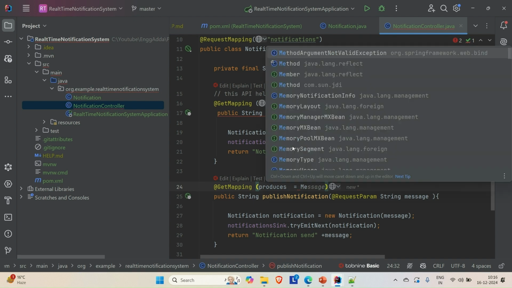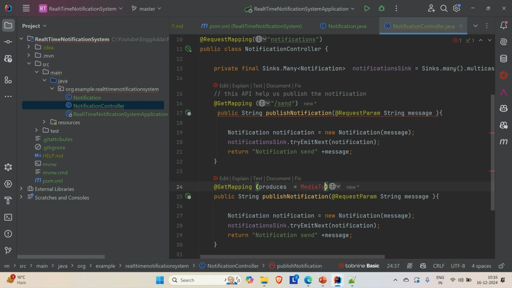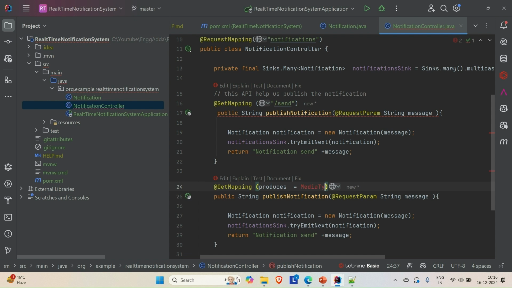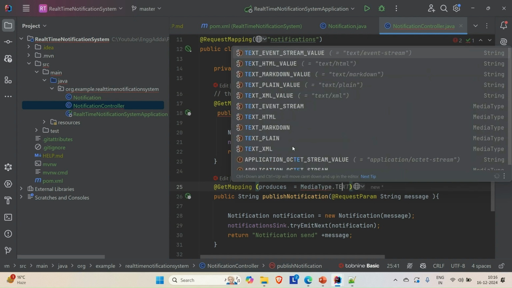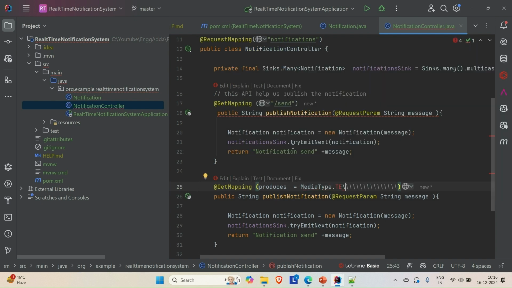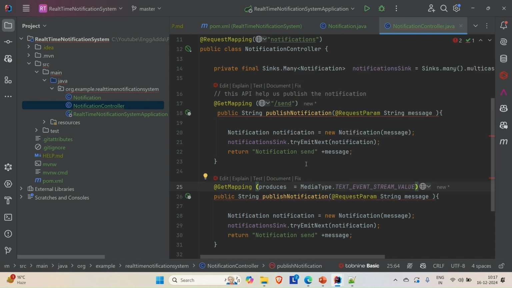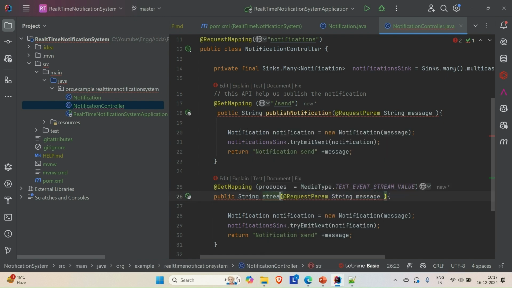Okay, so just select the media type dot text event stream value. So this is what it is going to produce, and let's say its name is stream notification,